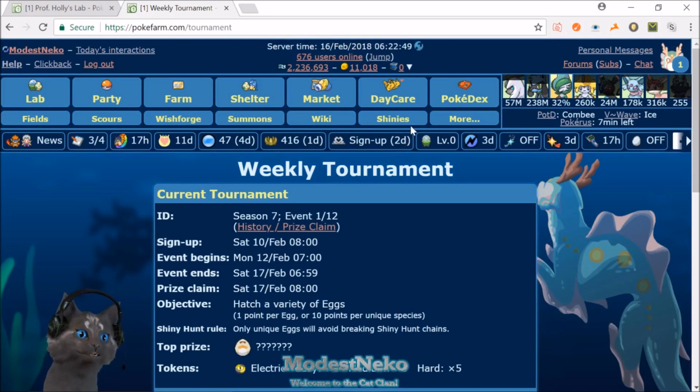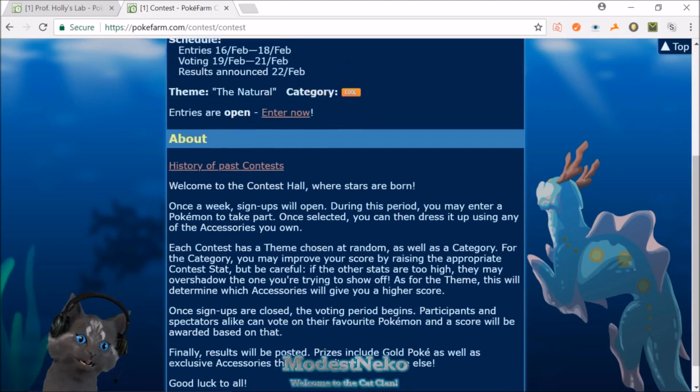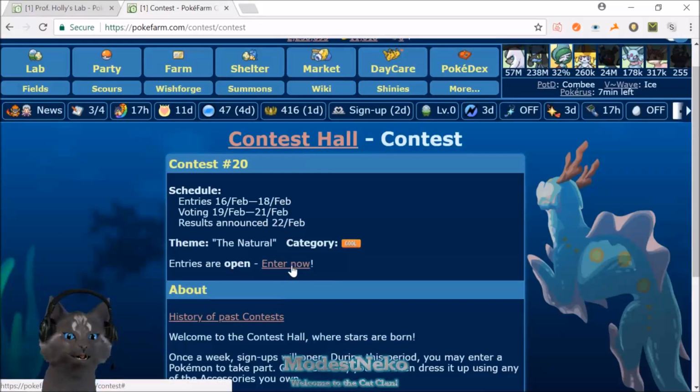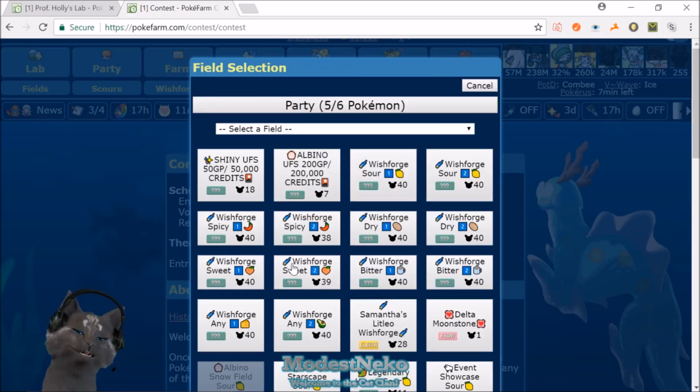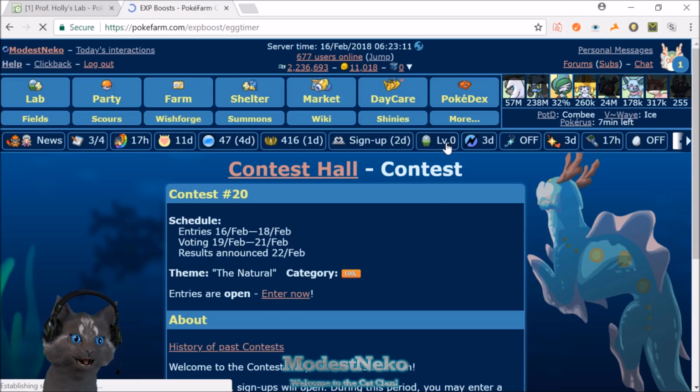You can't hatch a lot of other things. And now we actually have Pokemon contests as well, where you can just enter your Pokemon and make it look nice with all kinds of different decorations and such. It's a good idea to enter, because no matter what place you get in, you'll get something. It's usually gold Poke, but if you get a higher placement, it might give you even more. And then we got our